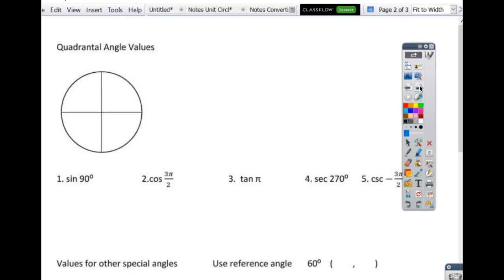And let me help you, Mikey. Cosine is before sine, right? So x is before y. Cosine is x, sine is y. Okay? Just go alphabetical order with that. So cosine goes with x and sine goes with y. So if I'm doing the sine, I want the y value at 90. So at 90,